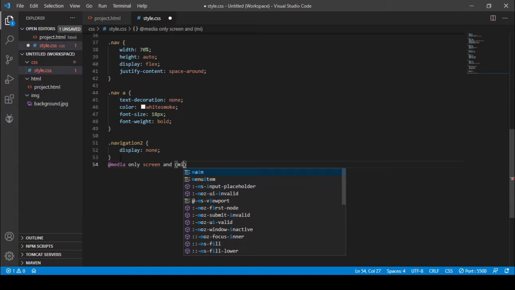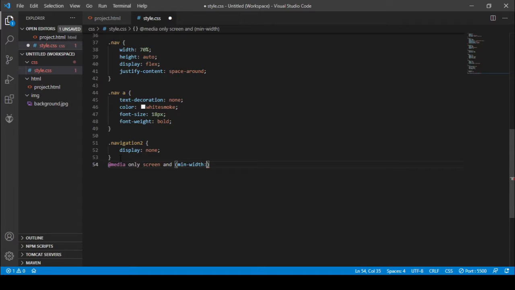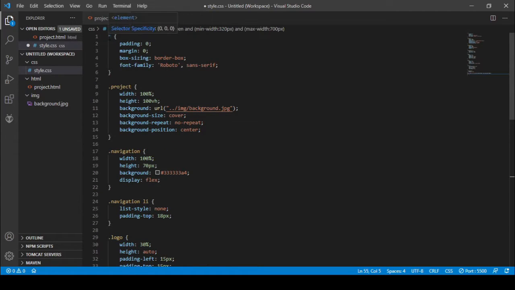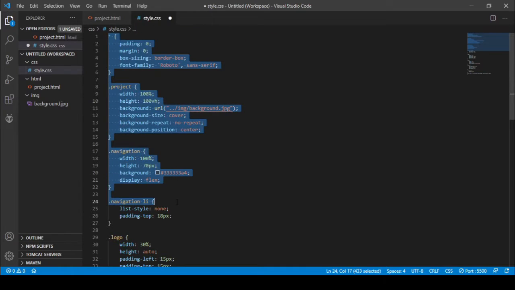I need a minimum width as 320 pixel and maximum width as, which I'm going to give as max width, 700 pixel. Let's copy the code of these classes.